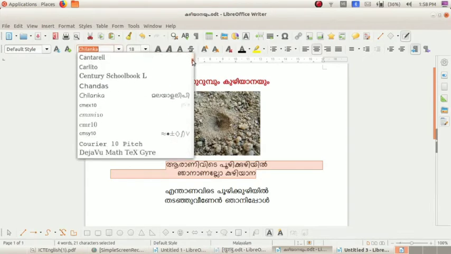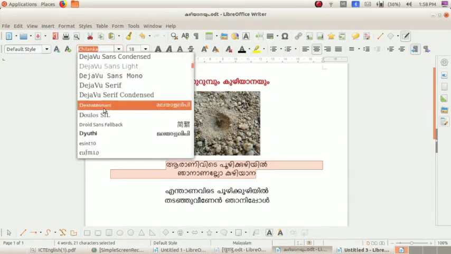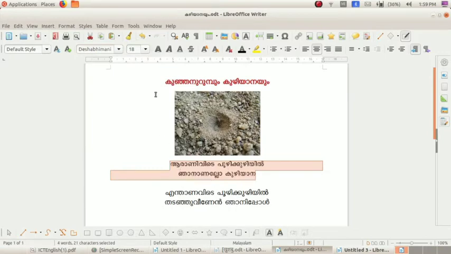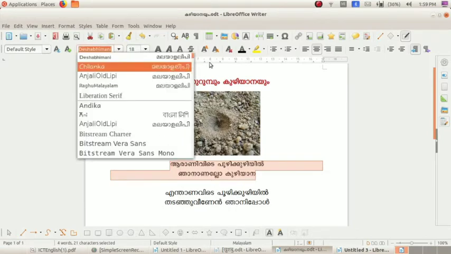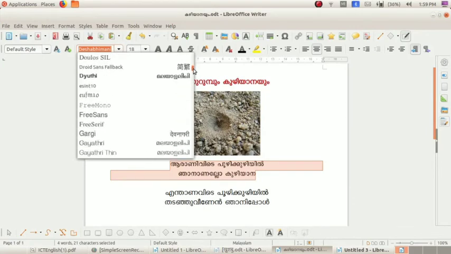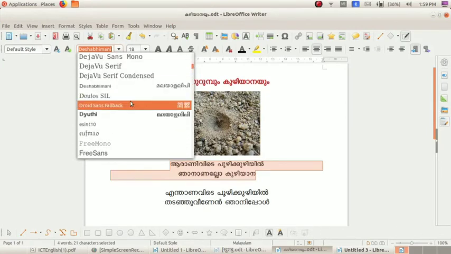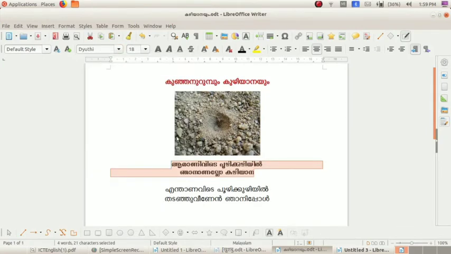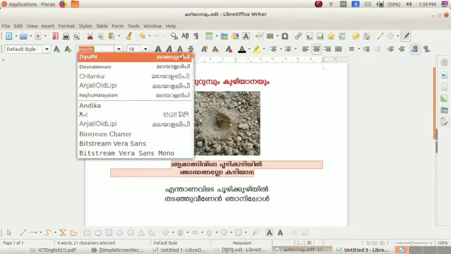Then Deshabhimani. Okay, Deshabhimani. Dyuthi. Here this is the font for Dyuthi.